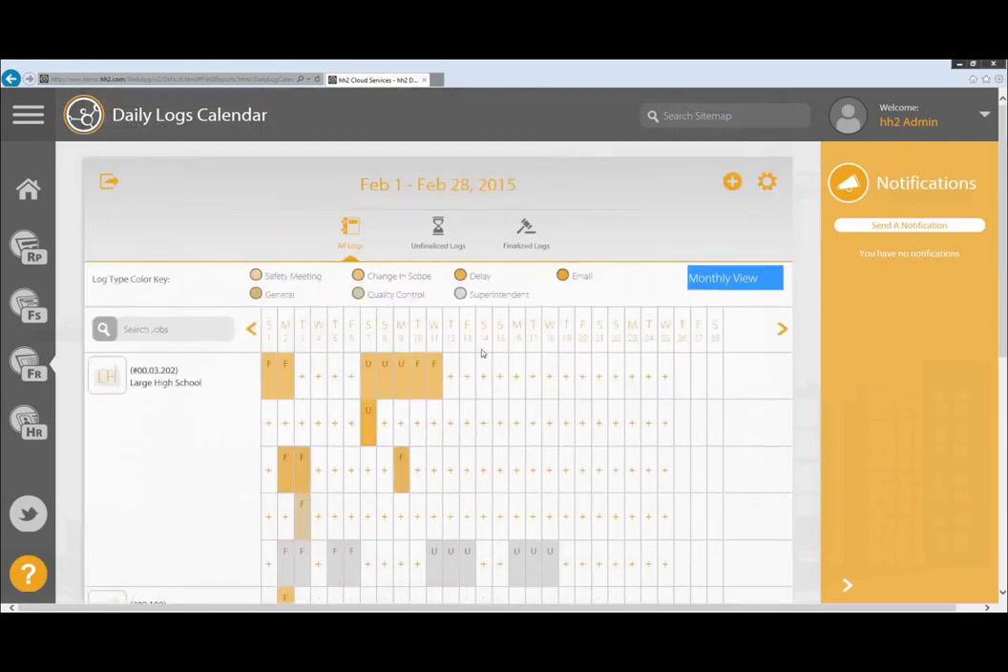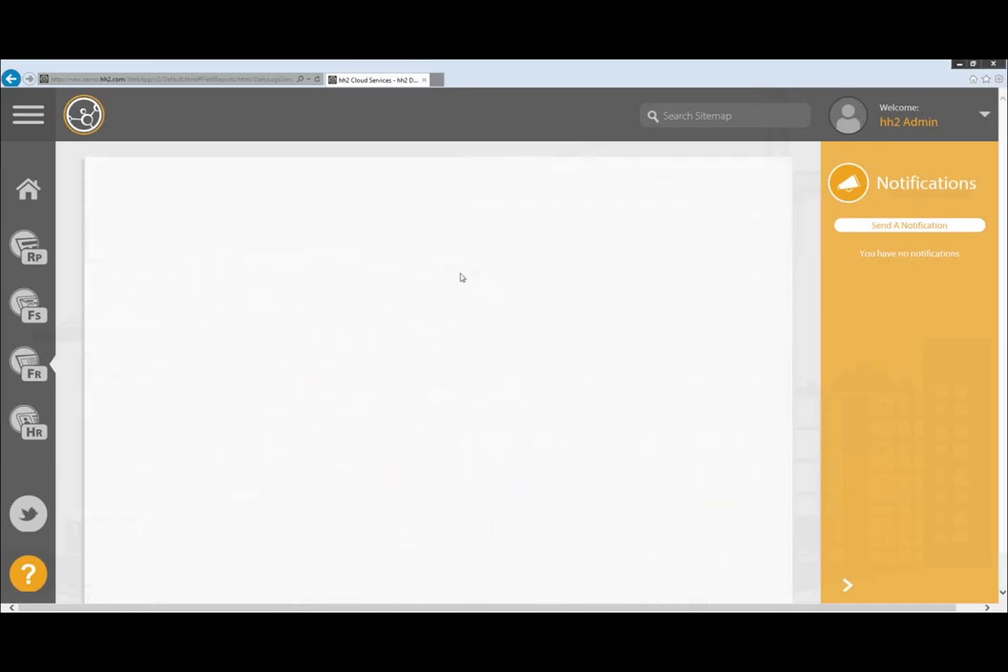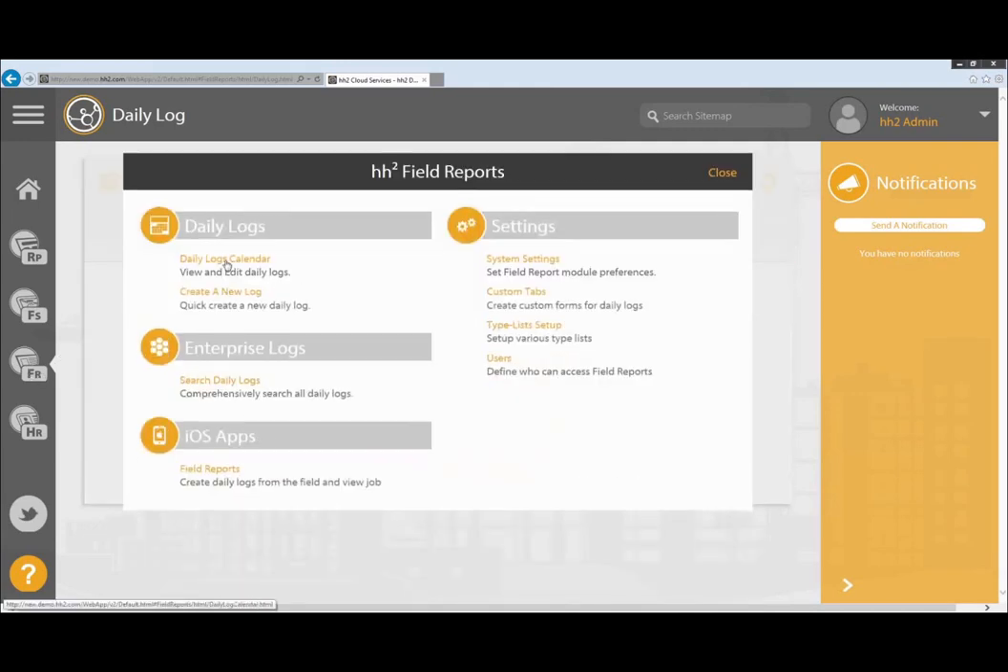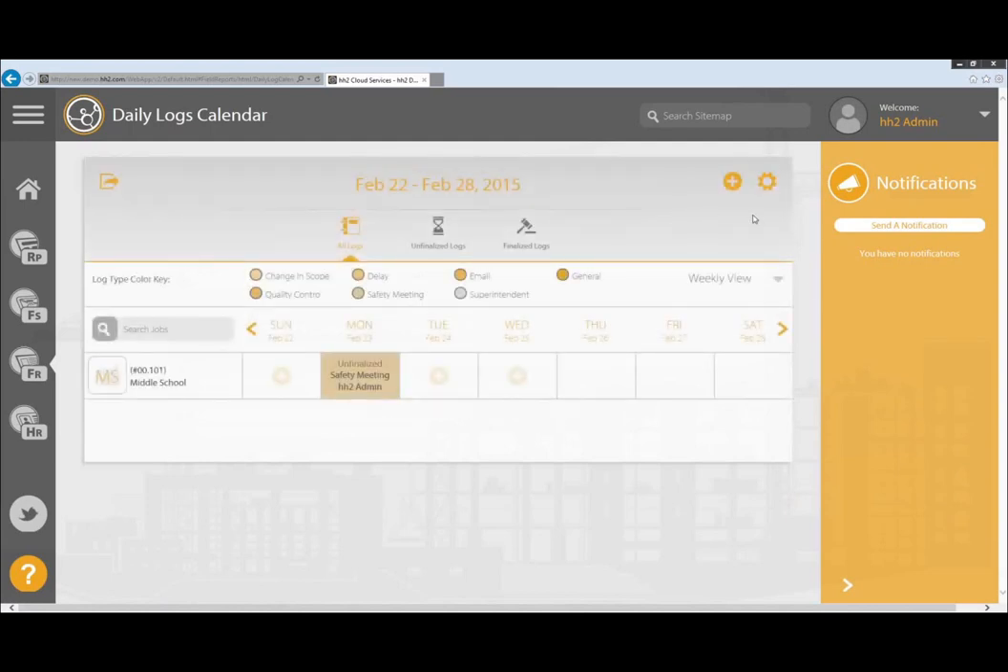Okay. I can also filter up at the top by finalized or unfinalized. So this is a very handy dashboard to have for any field reports administrator to be able to come in and just look at this and see if your guys are actually doing their daily logs. A couple other changes just on this screen: I can come over here and hit the plus button and create a new log that way. Okay. If I go back to the calendar view,